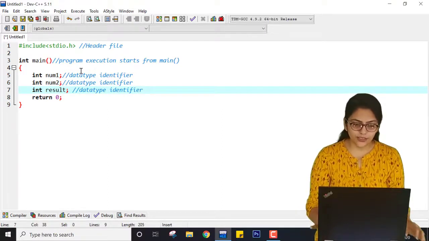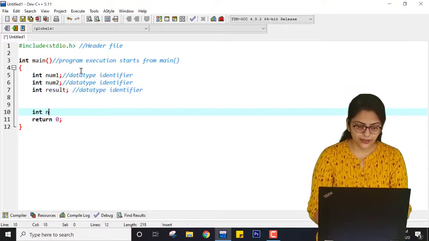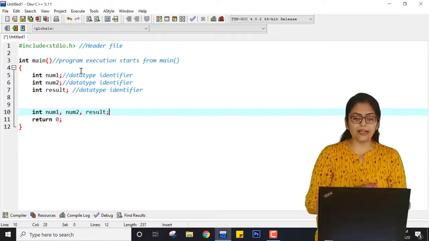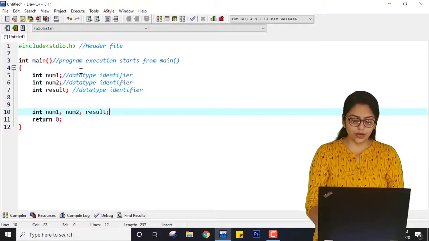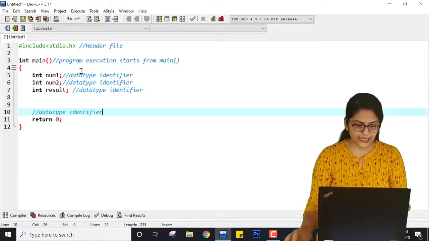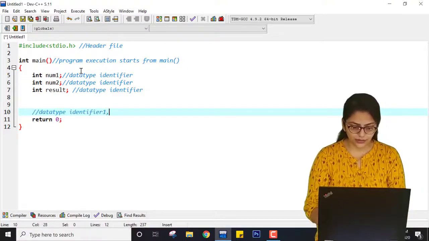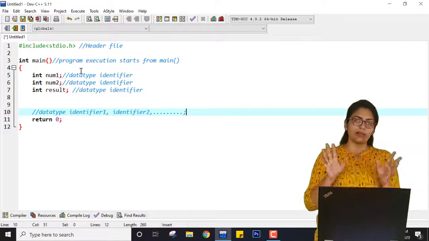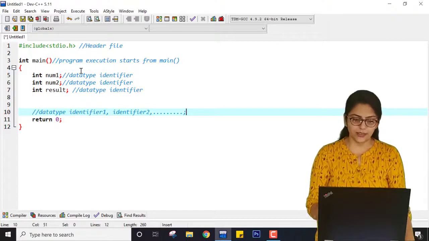Instead of this, you can also write int num1 comma num2 comma result, and then at the end a semicolon. So in general, you can write data type, identifier 1, comma, identifier 2, separating with commas until the last one and then a semicolon. You can also write this.